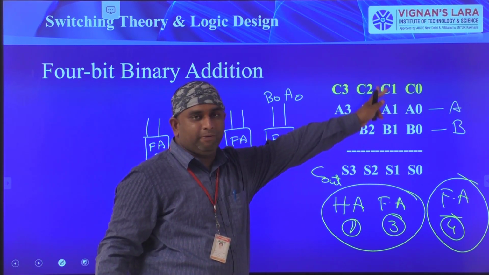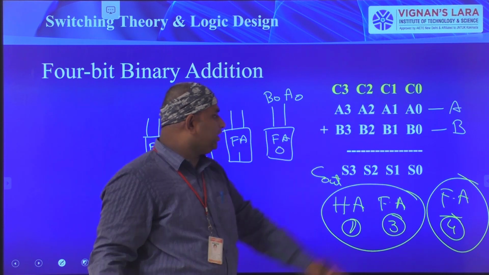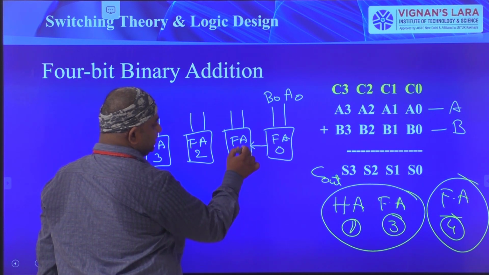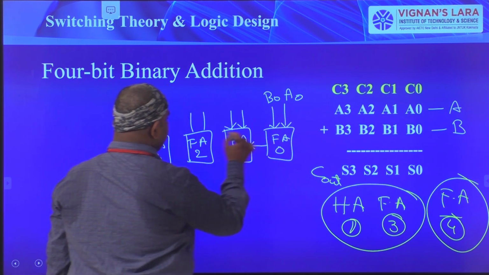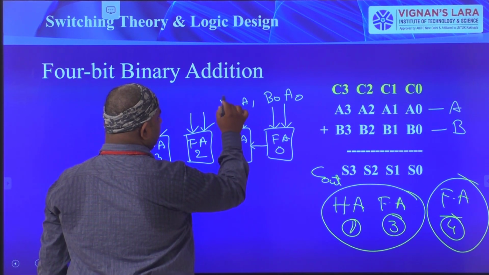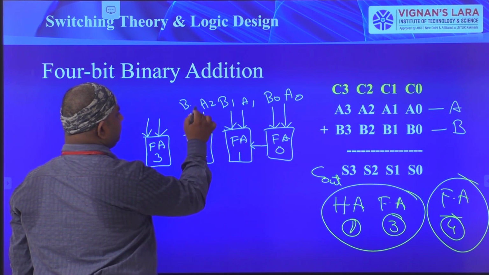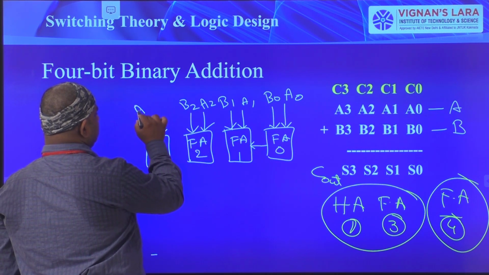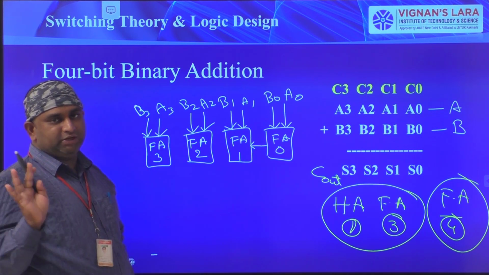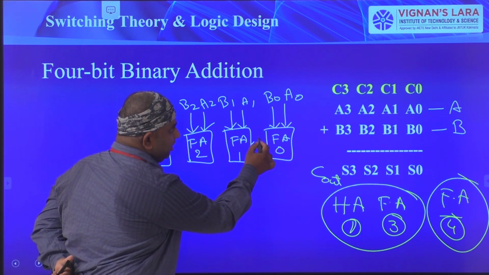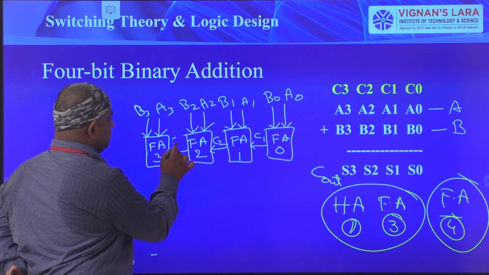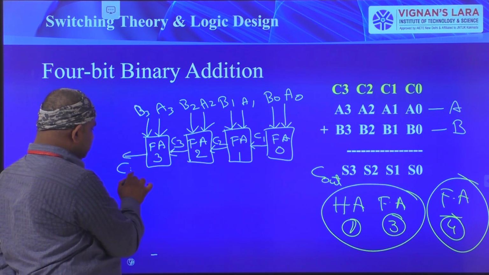When you are doing the sum operation for this full adder, C1 is the input. So the first adder carry output is one of the inputs. I am writing the inputs with these arrow marks. So this is A0, B0. This is A1, B1, A2, B2, and A3, B3. So these are the 4 bits of A, 4 bits of B. Next, this is C1, next this is C2, and this is C3, and this is the final carry, C4.